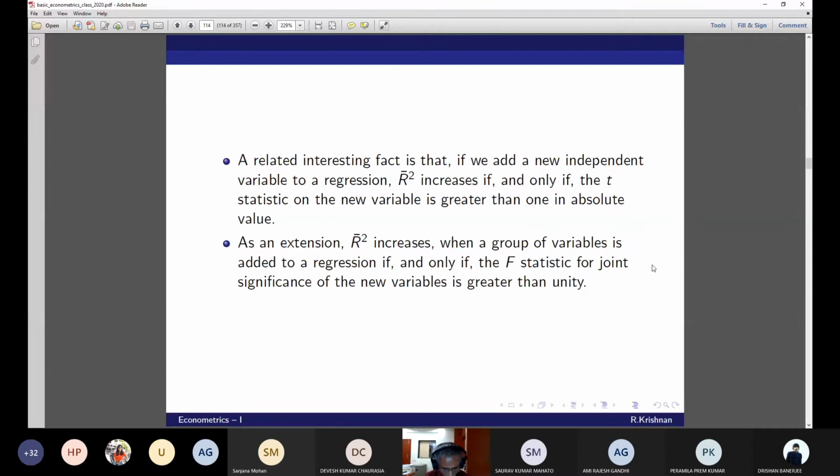Yes, sir. You have a regression of y on x, all right? You have to keep on saying yes, otherwise I won't know whether you follow. Yes, sir. Now the second regression, you add a variable z and then again you run the regression. Okay? You have a t statistic on the z. So 1 in absolute value, what this t statistic is that of... the t statistic can take negative values also, correct?